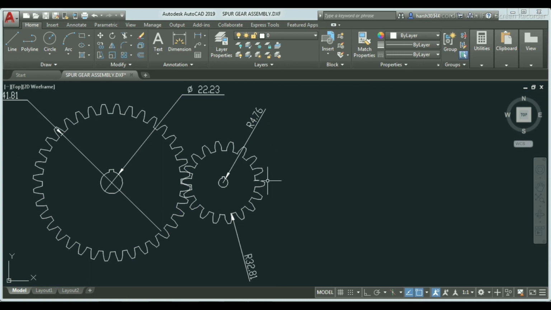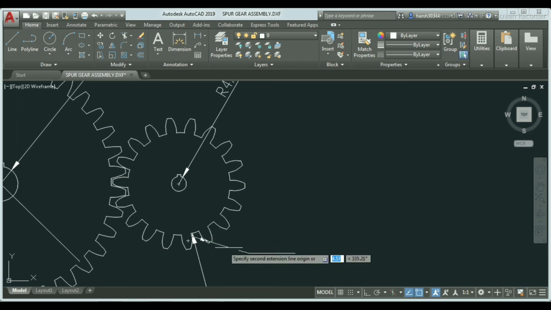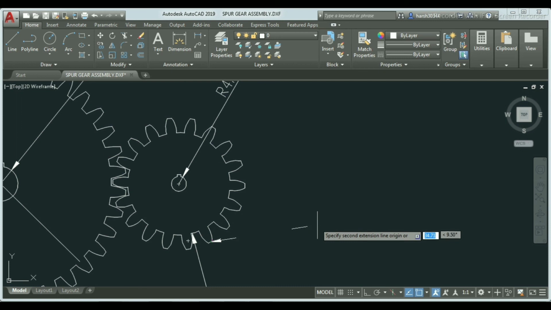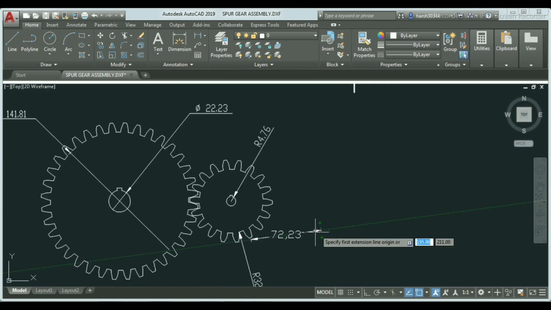If you want to add some dimensions, click on dimensions, and we are giving the dimensions here, outer tooth diameter. Select here and then click here. So automatically it has added the dimension. Same for this, we will give dimensions, outer circle.